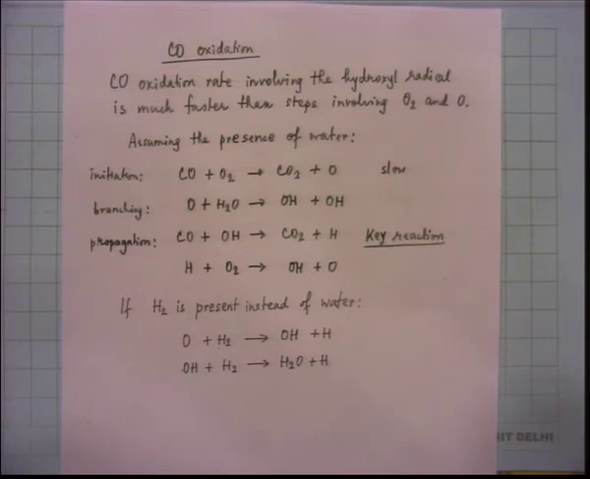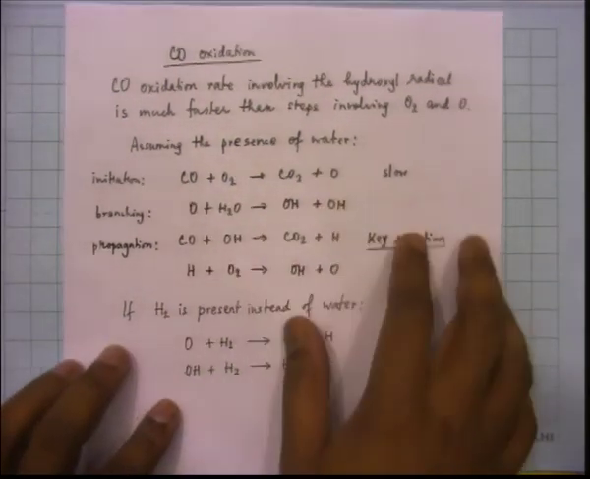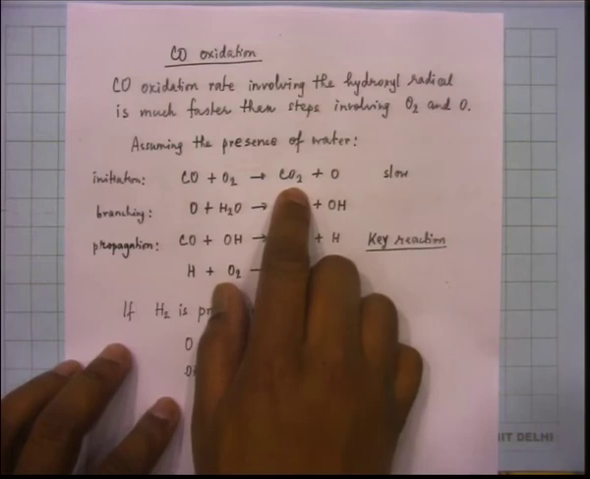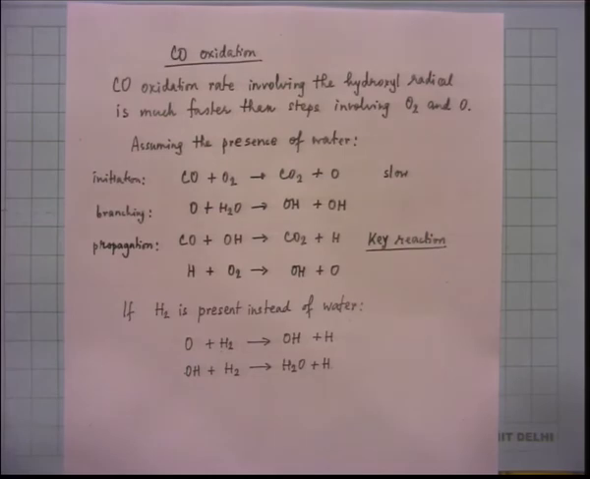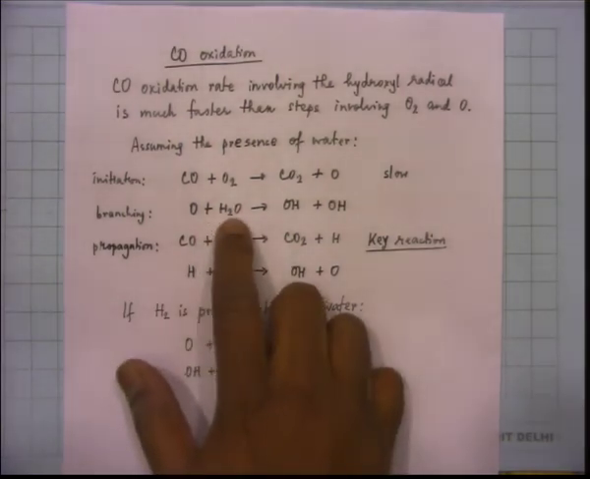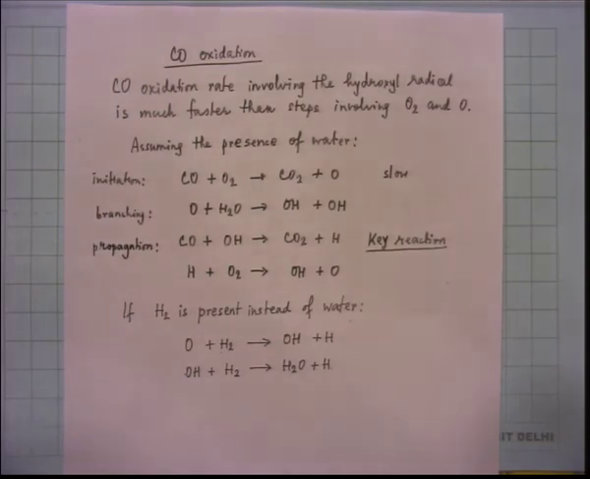You have CO plus O2 of course giving you CO2 plus O, this sort of thing happens. Okay. CO does get converted to CO2, but there is an O which is released. So, this is a slow reaction, this is an initiation reaction, but then that O reacts with H2O to give you OH plus OH. This is what sort of a reaction? Branching reaction, this is a branching reaction. So, you got plenty of OH now, hydroxyl radical,